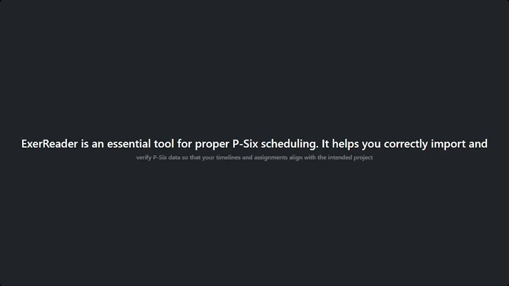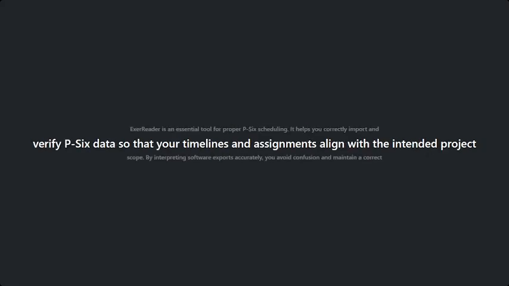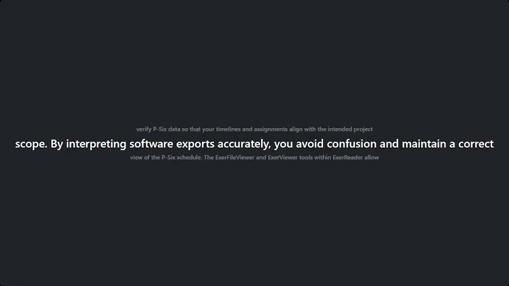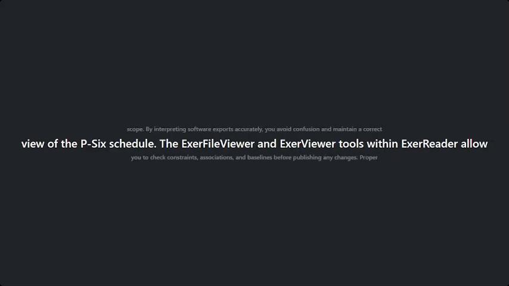XER Reader is an essential tool for proper P6 scheduling. It helps you correctly import and verify P6 data so that your timelines and assignments are mapped to the correct project intent. You avoid confusion by interpreting software exports to ensure a correct view of the P6 schedule. The XER File Viewer and XER Viewer tools within XER Reader help you check constraints, associations, and baselines before you